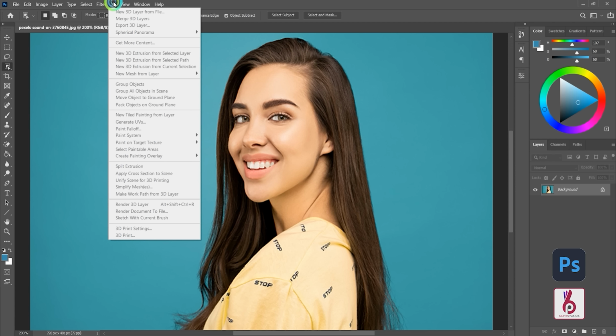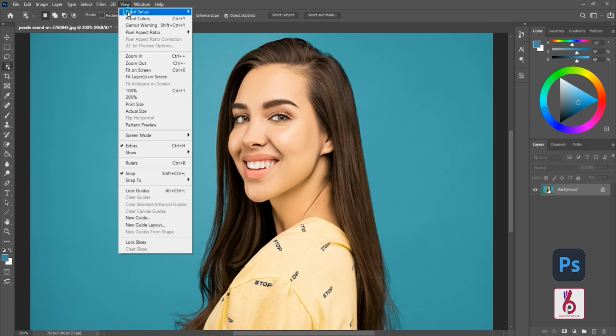If you miss anything or you need some extra panels, then just go to window and select whatever you want.